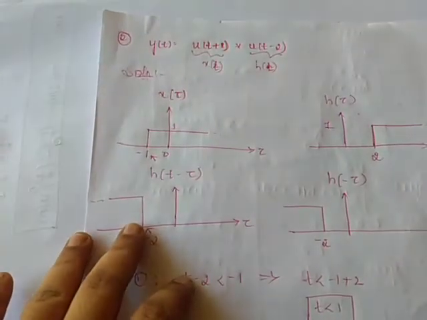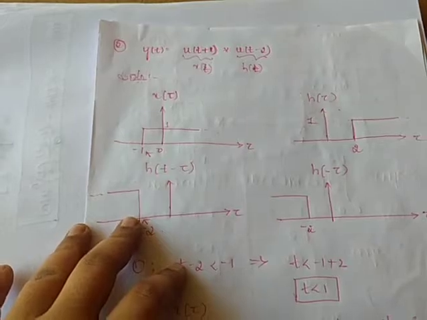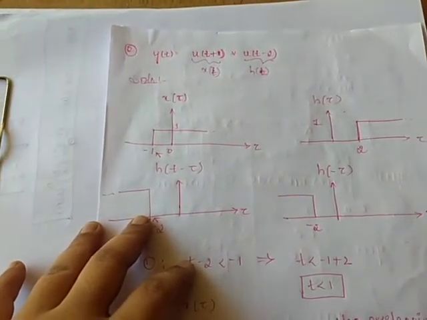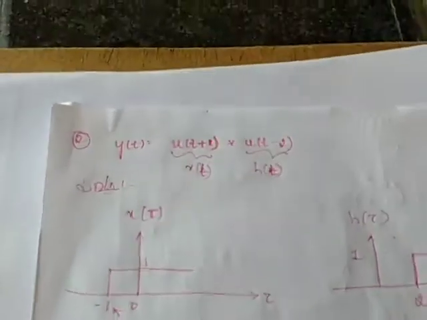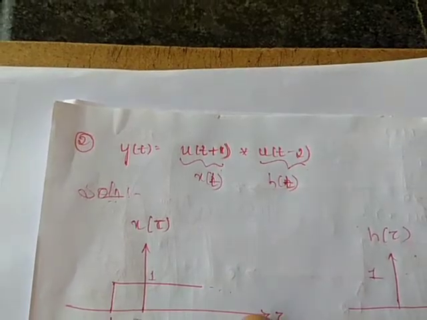Now I'm going to give you the solution of the previous homework problem. I'm not going to explain this because it's again going to take some time. Anyway, I'm going to explain one more problem, so I'll just give you the solution. This was the problem given: y of t is equal to u of t plus 1, convolution u of t